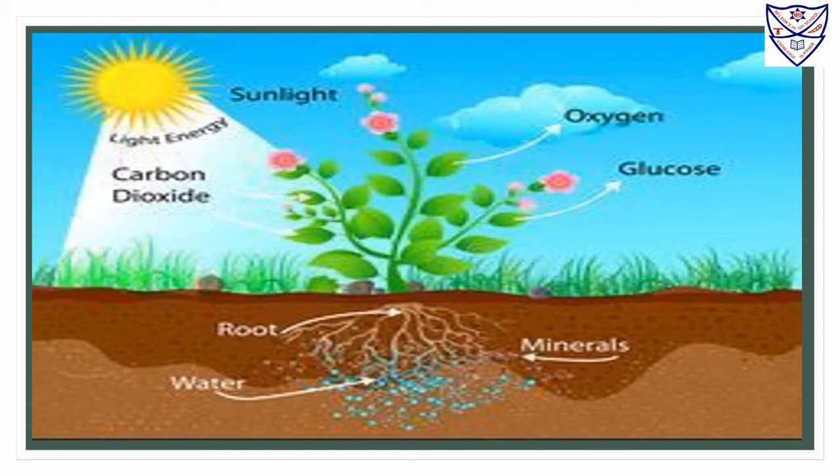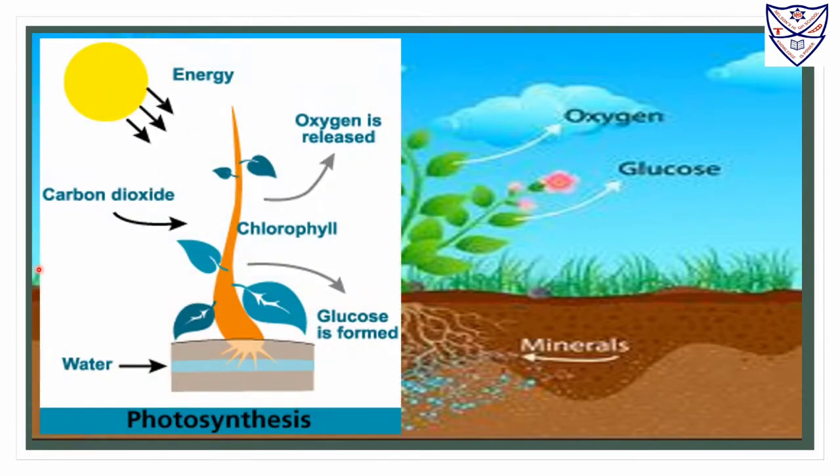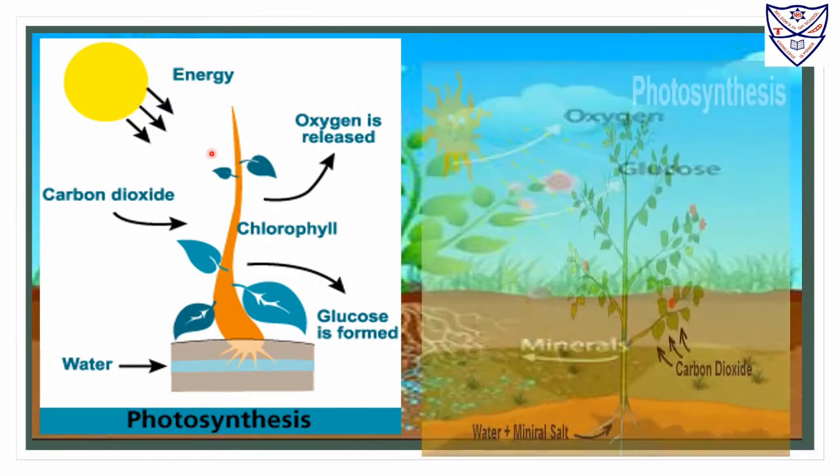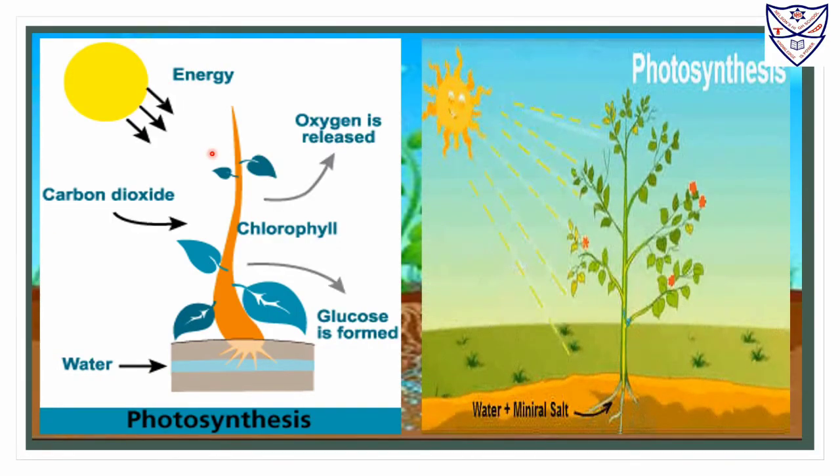How do leaves make food? Green plants make their food with the help of chlorophyll present in them. They use light, water and carbon dioxide present in the air to make their own food. In this process they use three things: carbon dioxide, light and water. Water is absorbed by the roots.